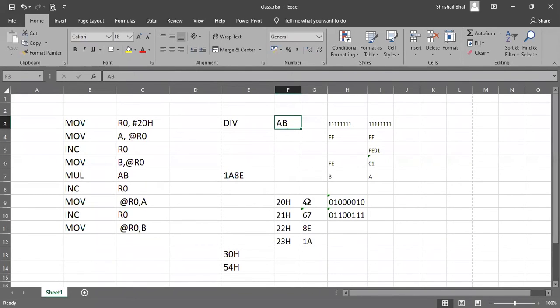Fine. So suppose you are asked to divide two numbers. You take some numbers like 42 divided by 2. Okay, 2 means 02. So what should be the answer? 42 by 2 should give you 21, isn't it? And the remainder will be 0, right? So we will take something which gives you a remainder. Take 45. If you take 45 divided by 2, quotient will be 22, remainder will be 1.